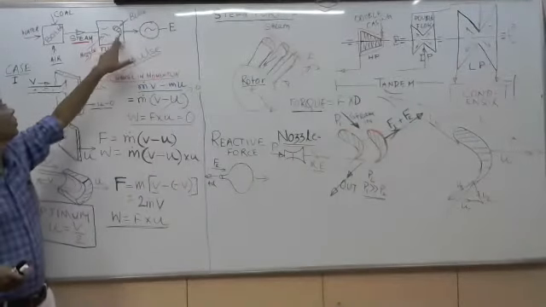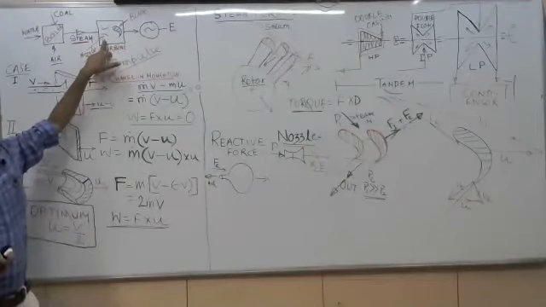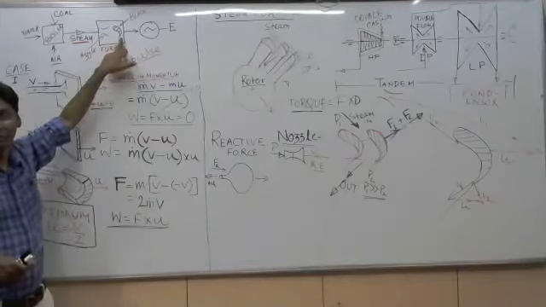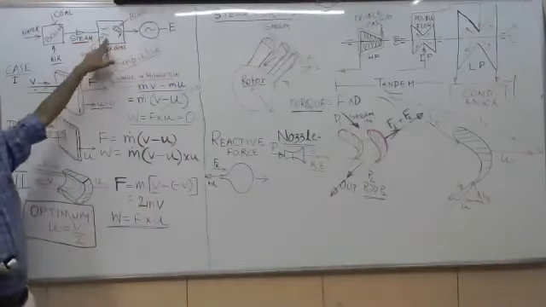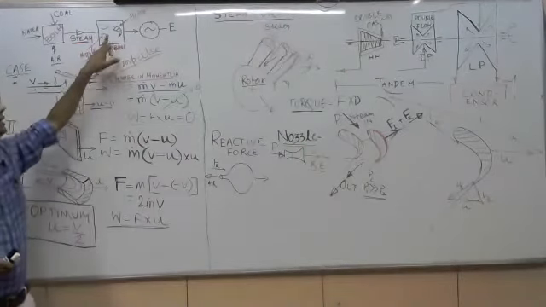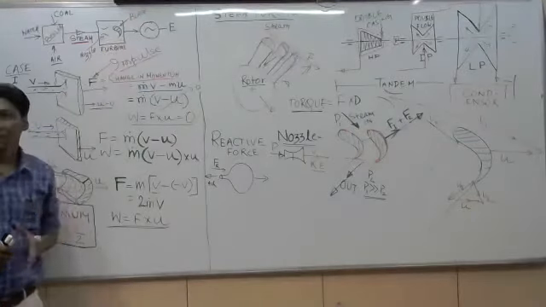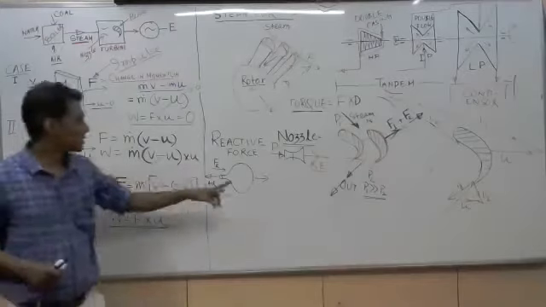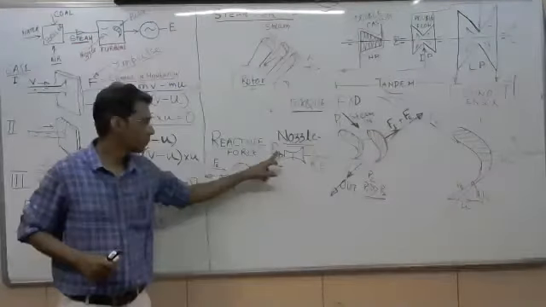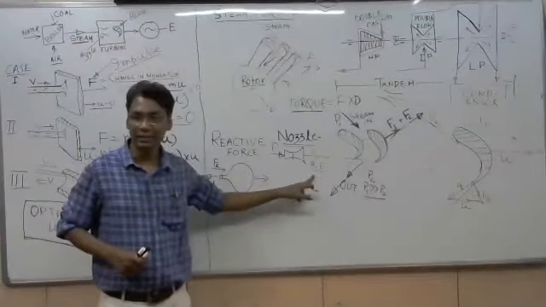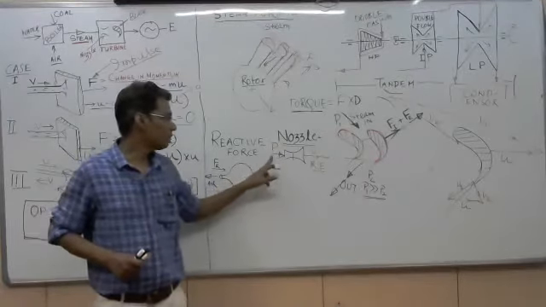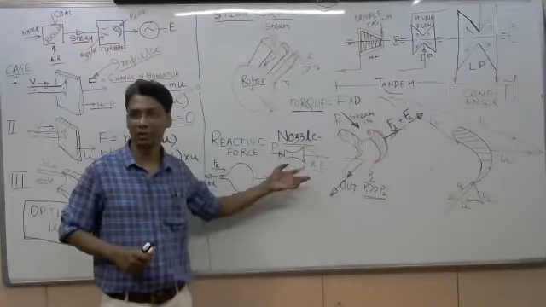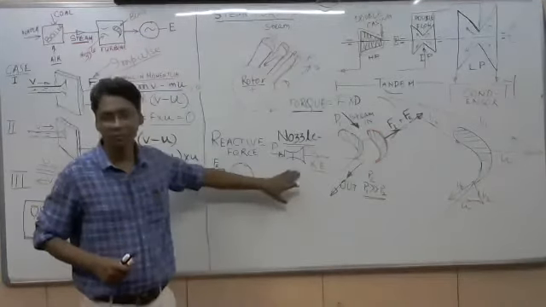Mainly, we have drawn two parts in the turbine. One is the nozzle, another is the moving blades. The nozzle is sometimes called the fixed blade. The fundamental function of the nozzle is that it converts pressure energy into kinetic energy. That means high pressure becomes low pressure and we get high velocity steam out of the nozzle. That is the main function of the nozzle.